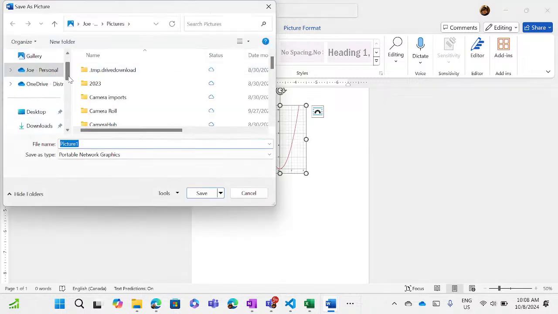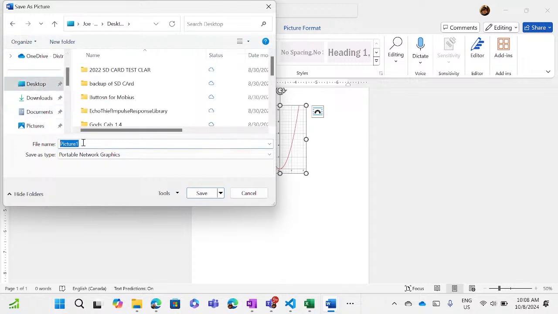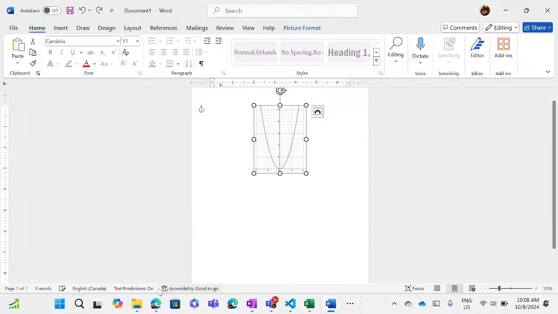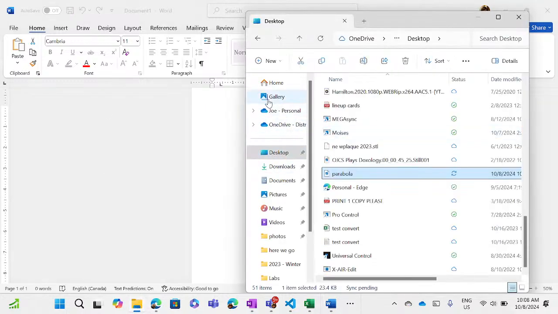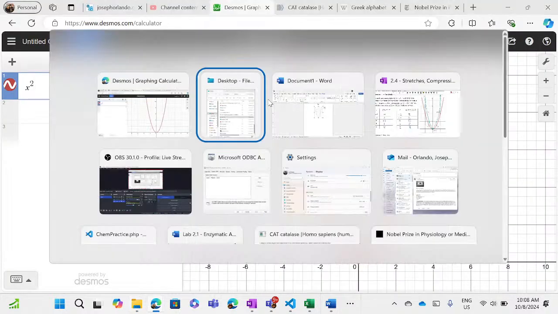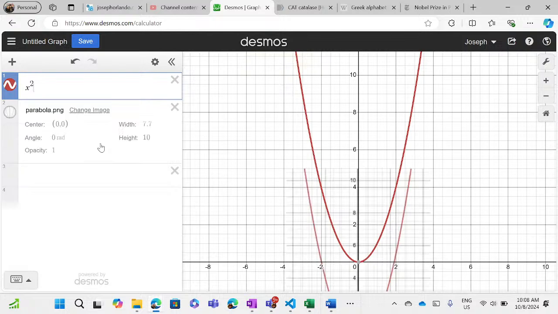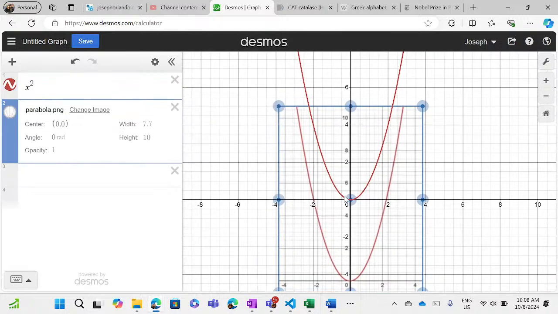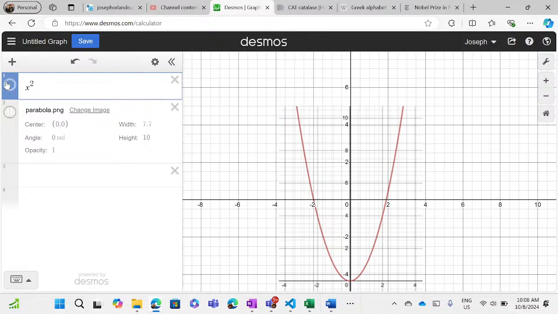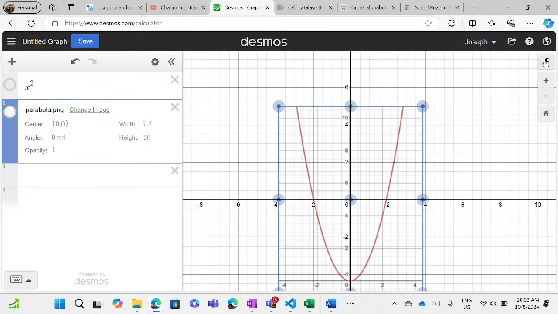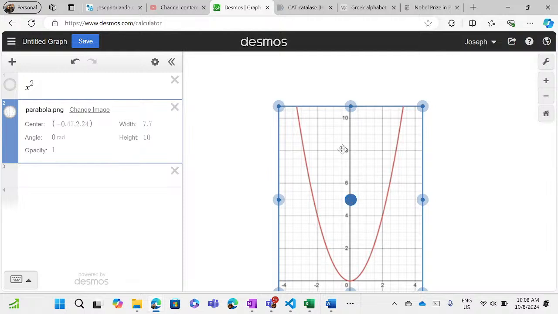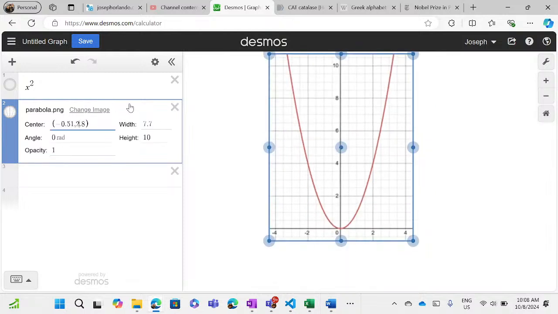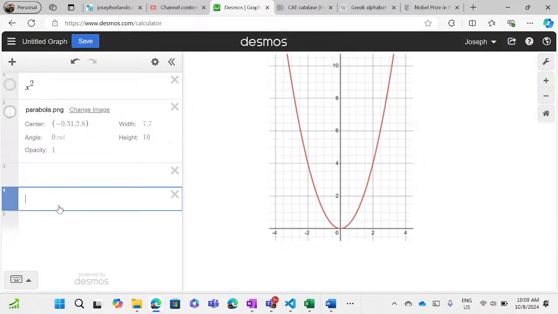We'll just save it to desktop, and we'll call it parabola. And we'll go to desktop, and we'll find parabola. I know this is all a little stupid, but I just want to demonstrate this. Desmos will take images. If I took this image in Desmos, and I'm going to get rid of the grid back here and the axis numbers, okay, here's my image in Desmos. If I make a second copy of it, which I think I can do,